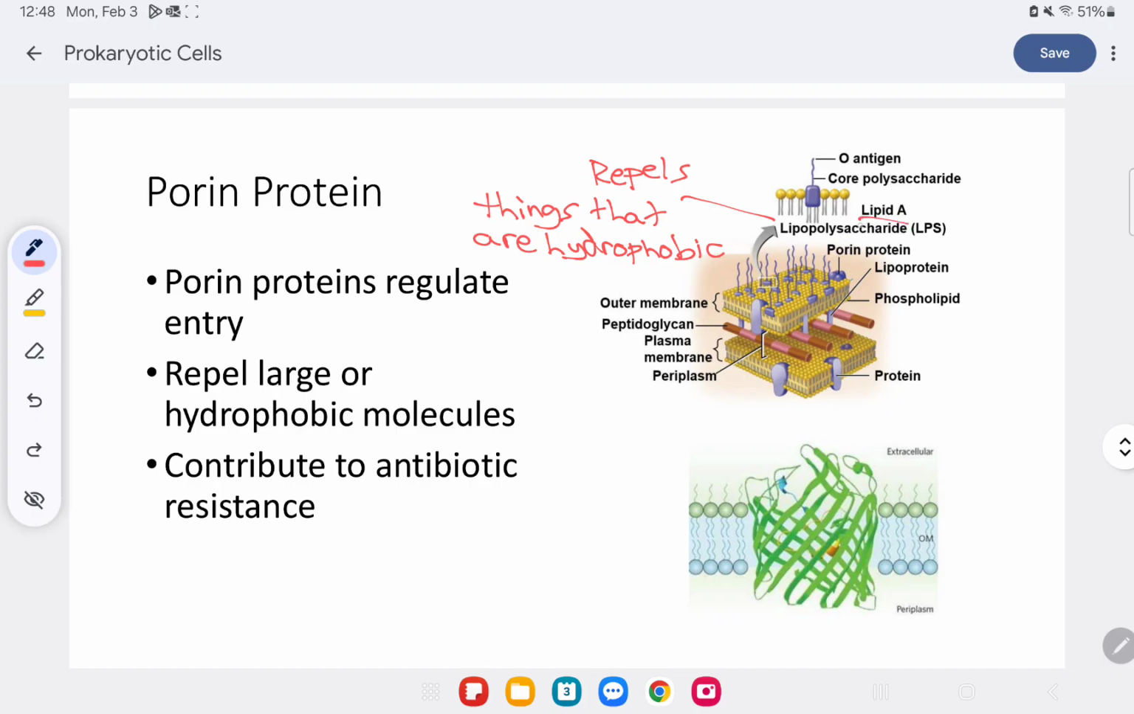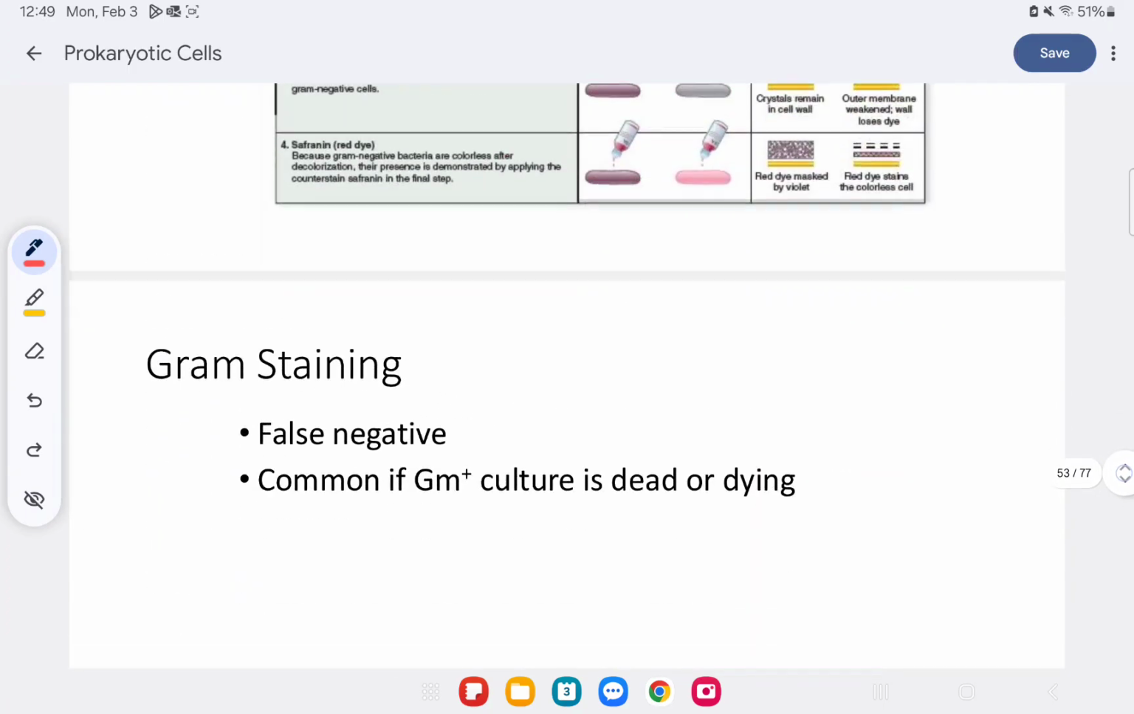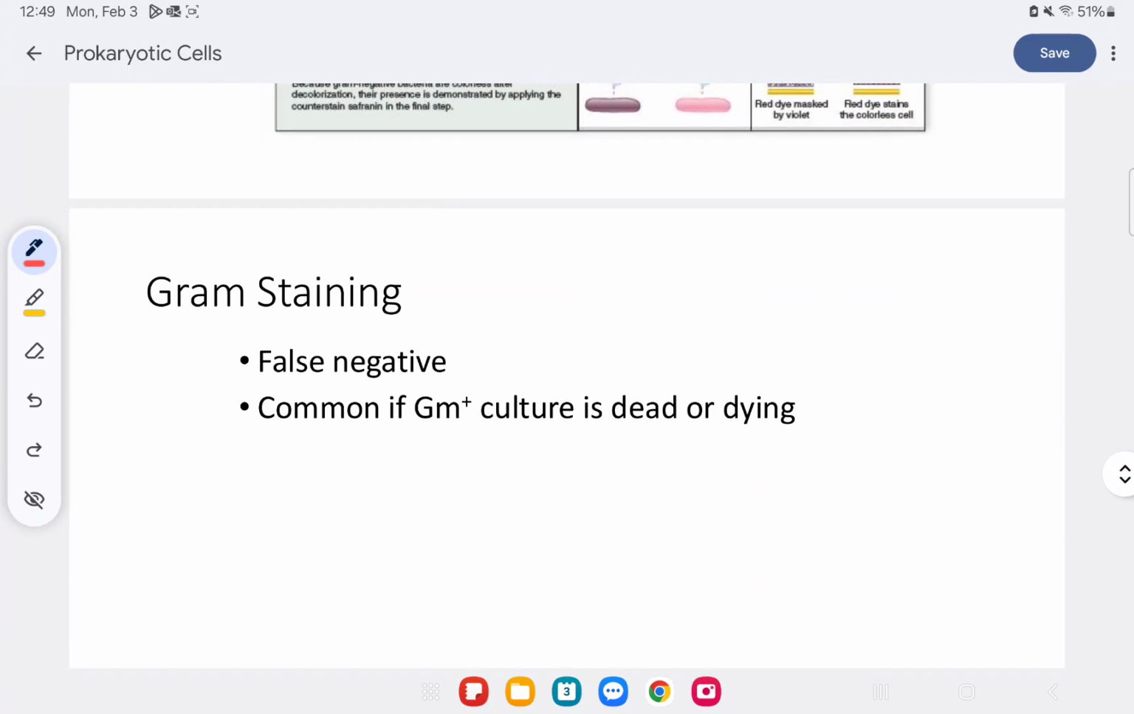We do need to know the false negative. I may or may not have the number of questions required in lab to ask you that on the lab exam, but it will be asked here. What is a false negative, and when and why does it occur? So a false negative is a gram positive